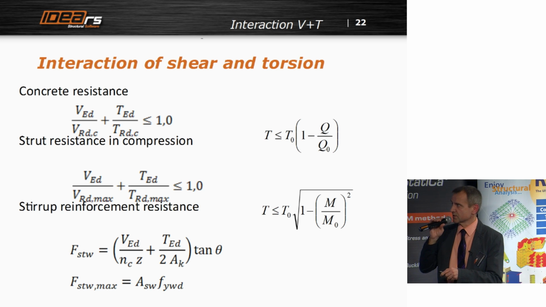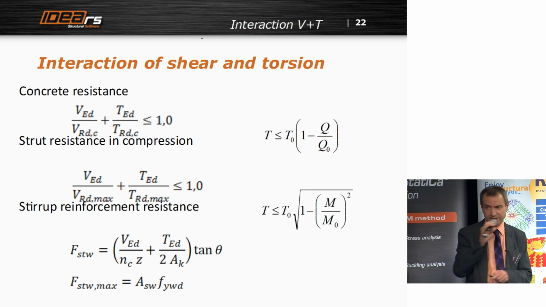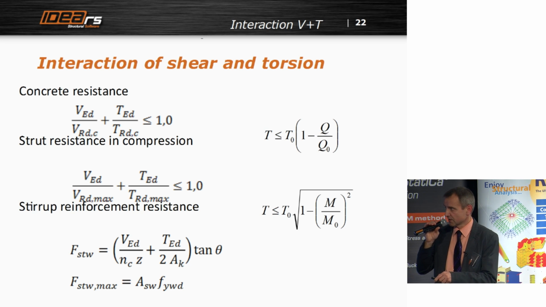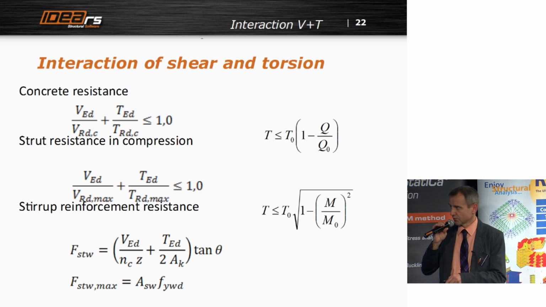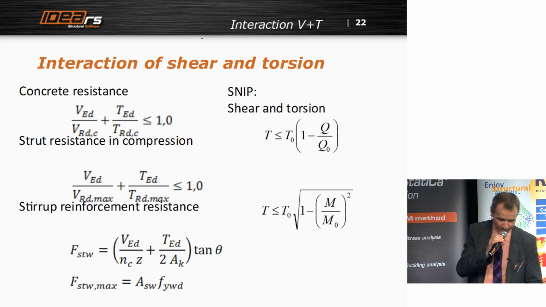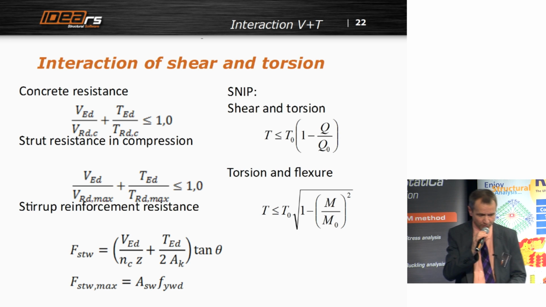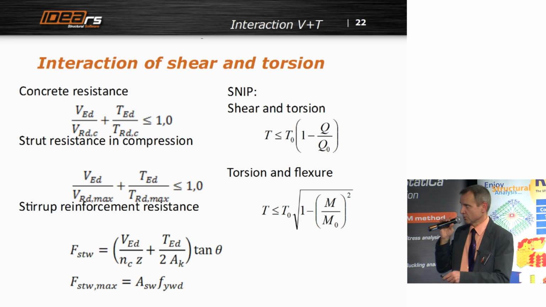You can see this is the interaction related to concrete resistance without the reinforcement, and this one is the resistance of the strut in compression. Also, we can have formulas for stirrup reinforcement. In SNP code, sorry for this, we have formulas for shear and torsion, and formulas for torsion and flexure. There is no such formula in Eurocode, but